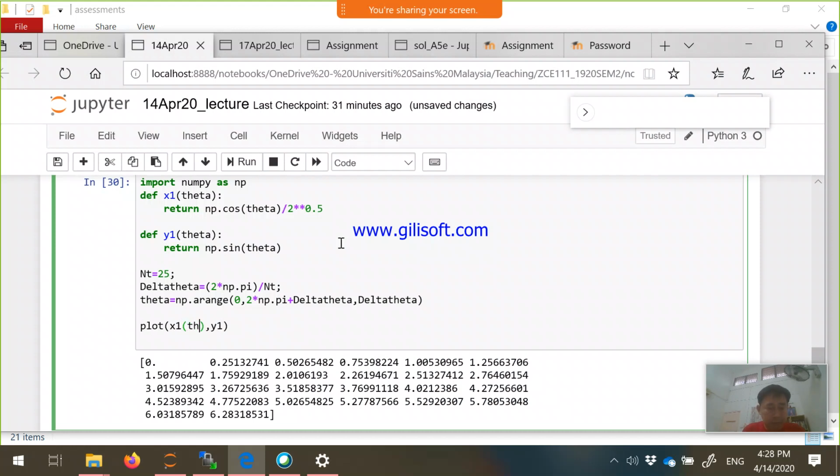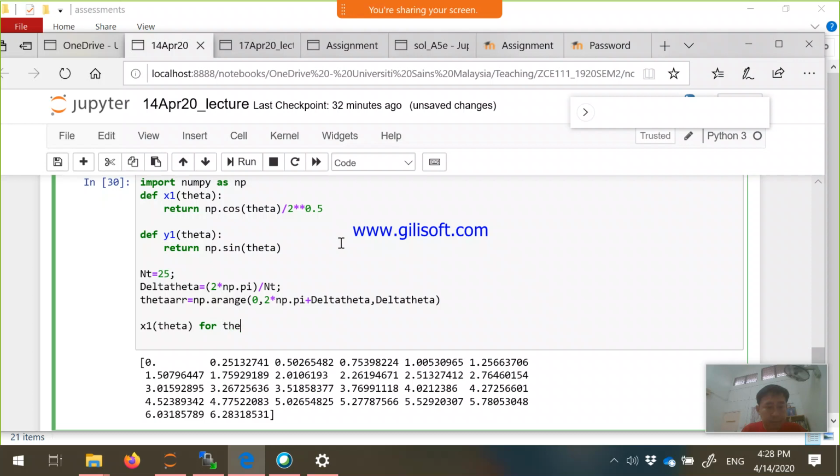So I call this, say, theta. But since I already used theta here, I better use some other name. I just call it theta ARR. Okay, so this is an array. So before I do that, let me do this. I'm going to generate x1 that runs for